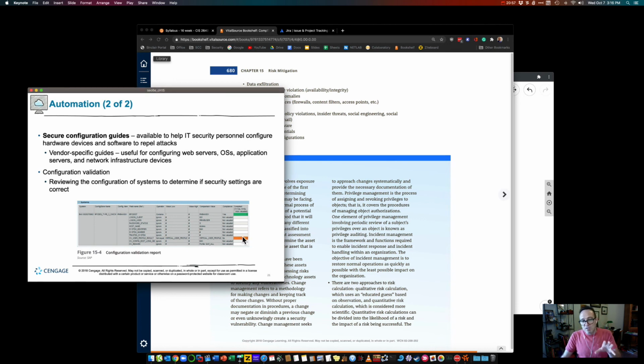And again, not everything's malicious. It's just the fact that maybe there's a new server setup and someone forgot to do the profile correctly. So